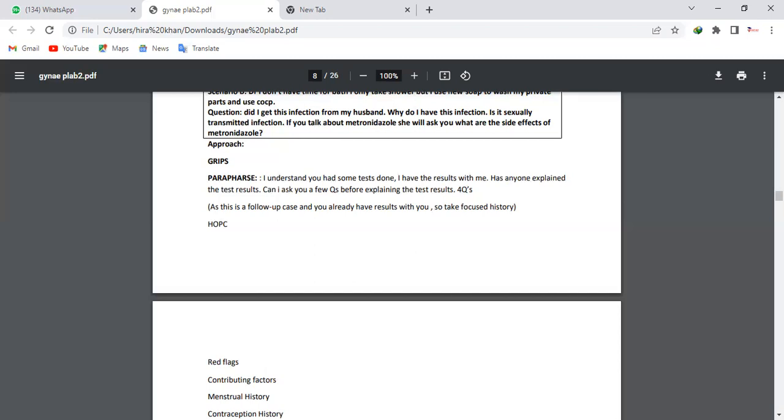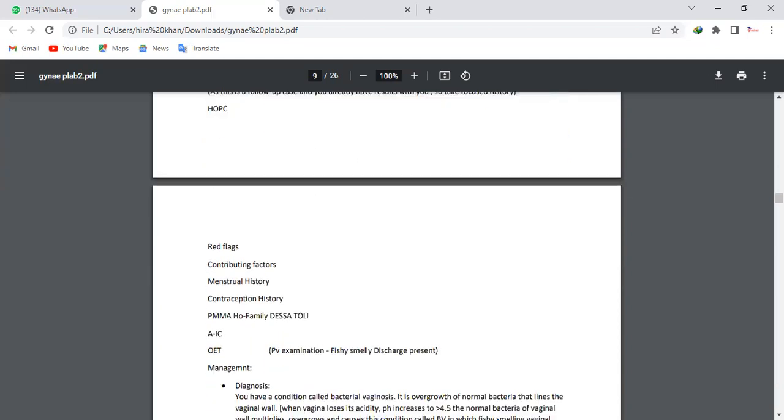Why is this important? Because if someone has an infection and she also has an IUCD or some device placed in her womb, and the infection doesn't get better, then you might have to consider removing the IUCD. Otherwise that can cause PID. So that is a very important point here. That is a punch point that you are supposed not to miss.